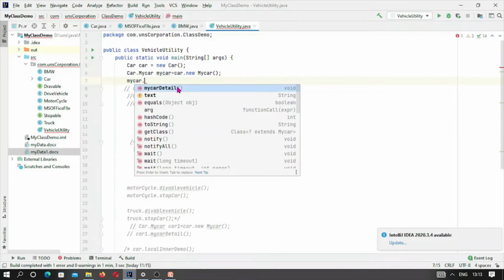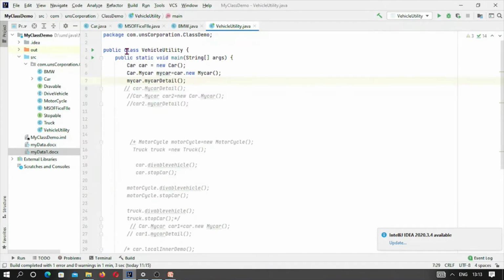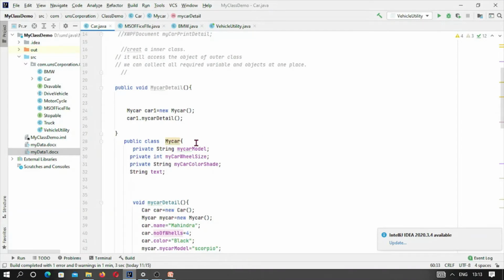This is a method of the inner class. Okay, and also here you can see, from the outer method, this is the outer class method My car detail, with a capital M, and this is a small m. And in this method we are creating an object of the inner class, and this inner class method is again calling this method.